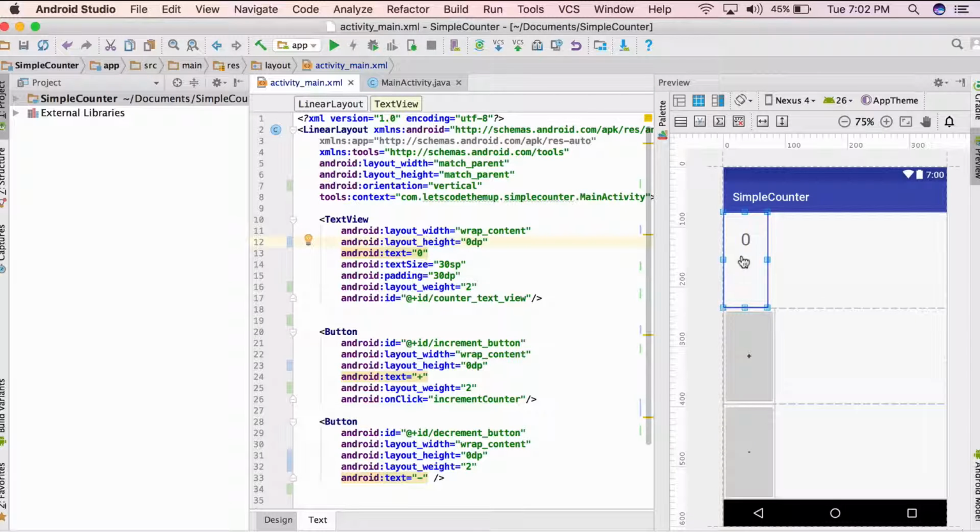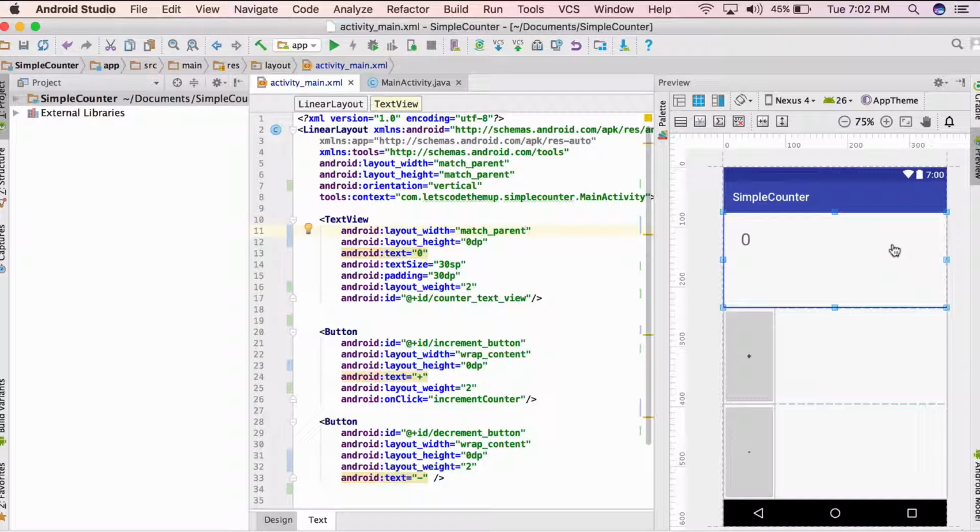Another point to note is that all these views are stacked in one corner. This behavior is due to two main attributes called the layout width and layout height. The layout width is set to wrap content. Wrap content makes sure that the width or height of the element is not more than the content's width. Match parent, on the other hand, makes the width or height of the view equal to the width and height of the parent. Go ahead and change the layout width of text view to match parent. You can see that the text view width is now equal to that of linear layout.